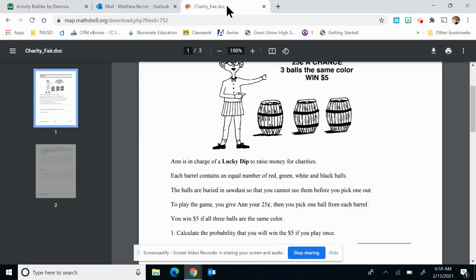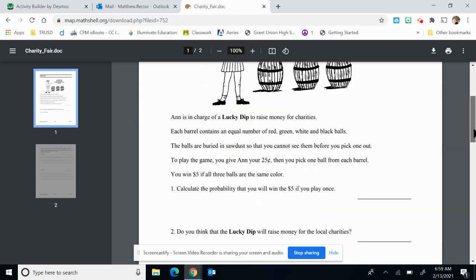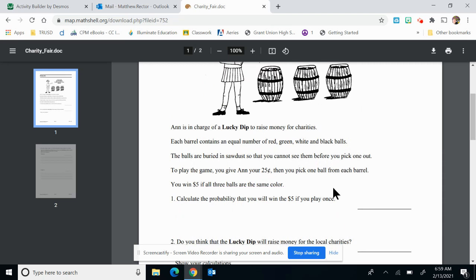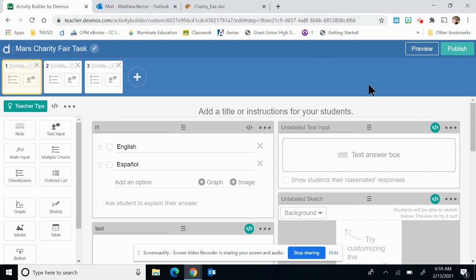So here's the slide that I came up with, or the task I came up with. Let's see. Here we go. So I'm going to go like this, and I'm just going to select this text. And it's letting me do that. Very cool. I'm going to hit Control C,